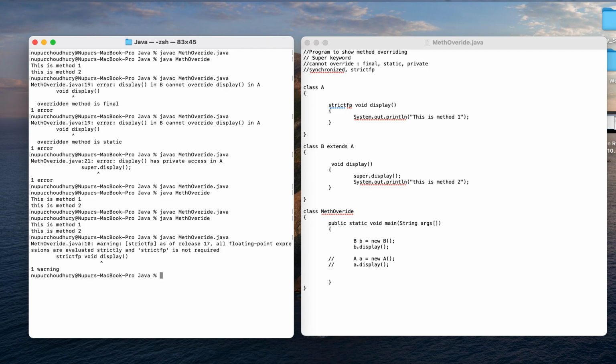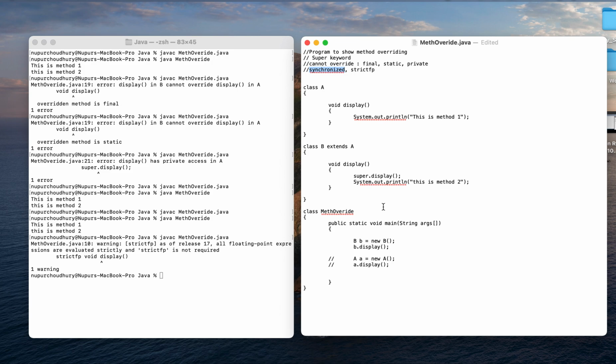Here what I am getting is: as of release 17 all floating point expressions are evaluated strictly and it is not required. So basically this has become an obsolete concept in Java 17, so we do not have to bother much about this, but we have to remember that before Java 17, even if we would have used strictfp the way we use synchronized, it would have given me the same output.